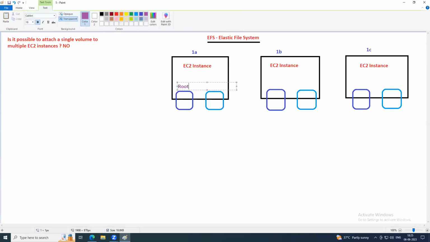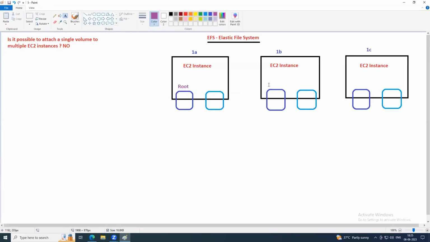Okay, this is the root volume. These are all the root volumes, and the rest are all additional volumes. Okay. So now, if I log into this EC2 instance,